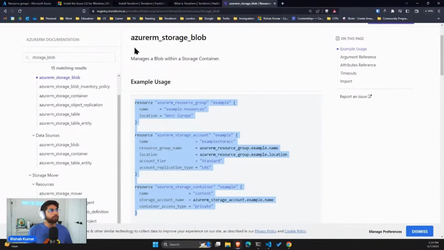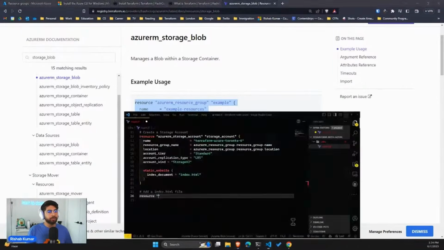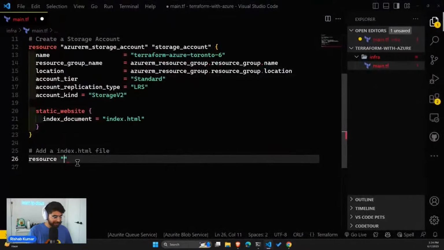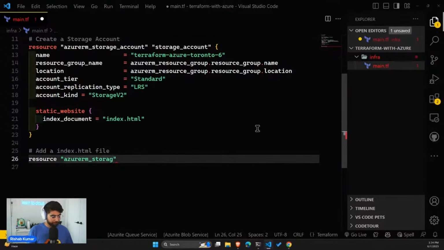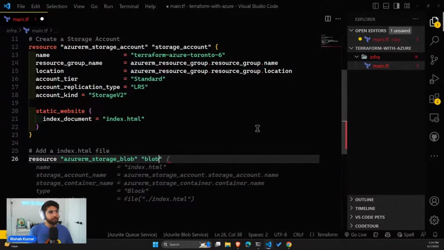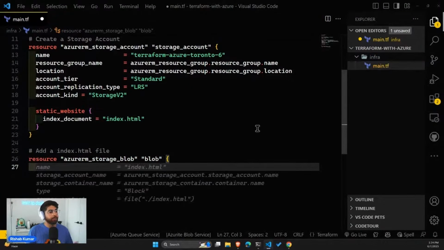And going back to our code editor, let's type that out. azurerm_storage_blob, I think it was called. Yes. And let's name it blob within the Terraform file. And now we can set the actual name that we were going to use. So name,